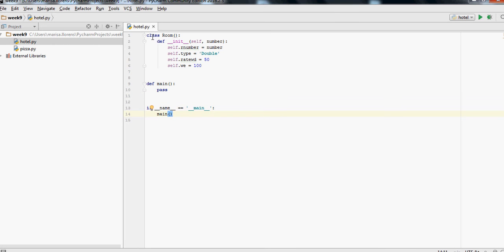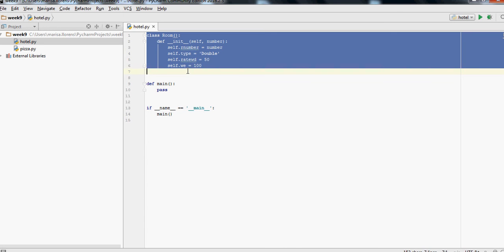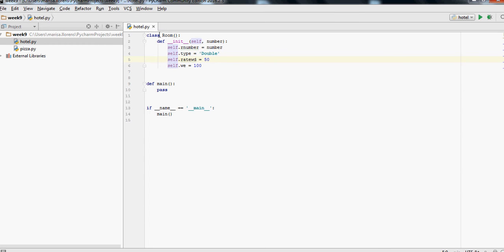At the top, before we start our proper work in the main, we're going to define the class. We're going to have a class Room for the hotel rooms. We start with a capital, the name of the class, and we're going to have our constructor, our init method, and we're saying we need the room number to create a new instance of the class. The attributes for this class are our number for room number, that takes the value of number,